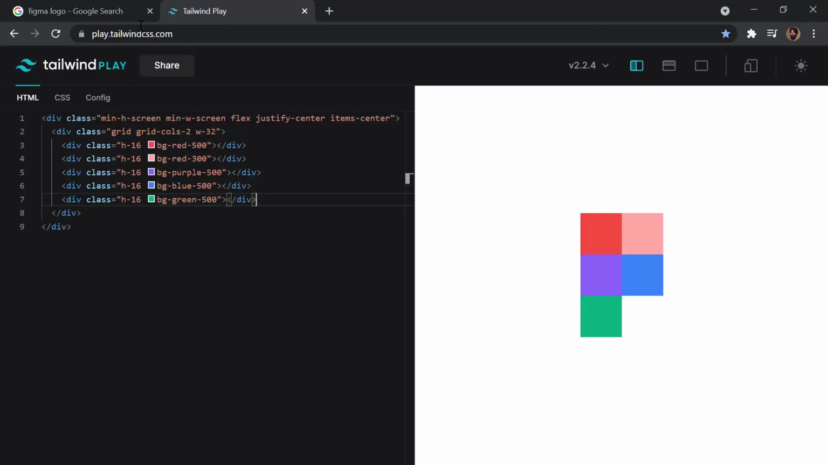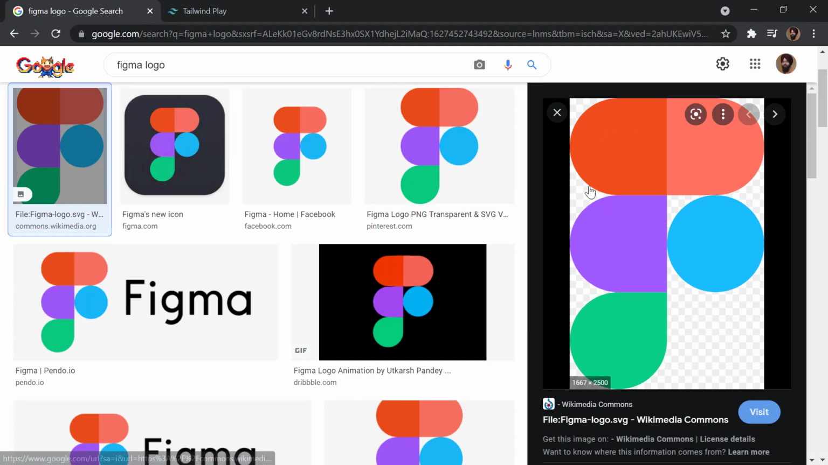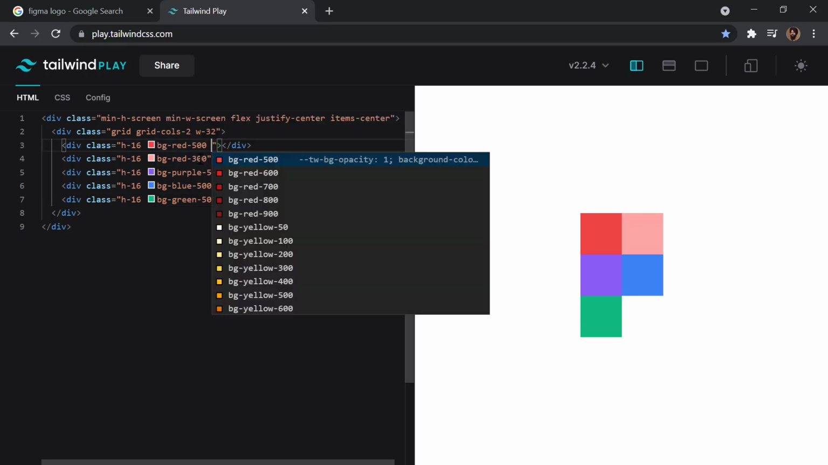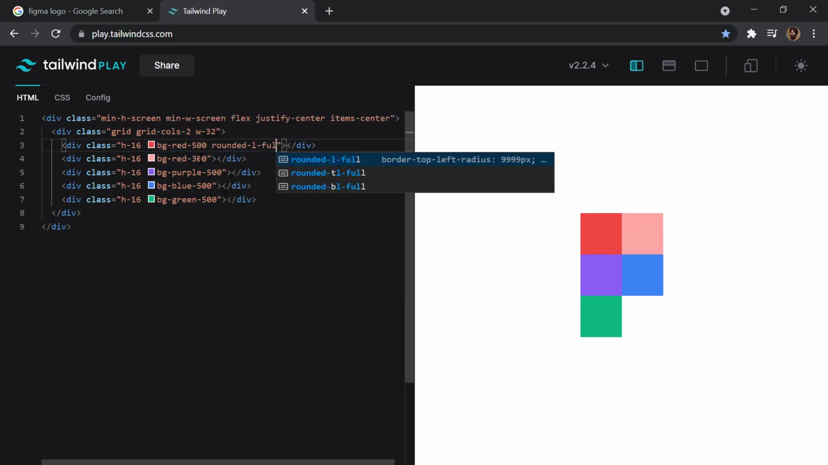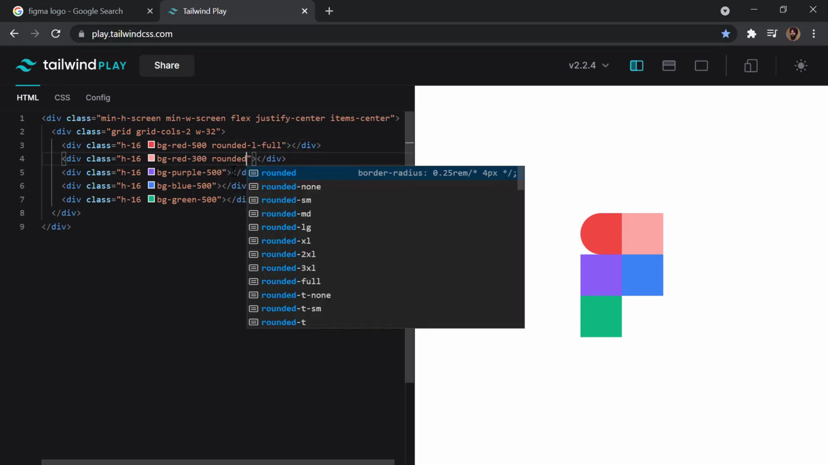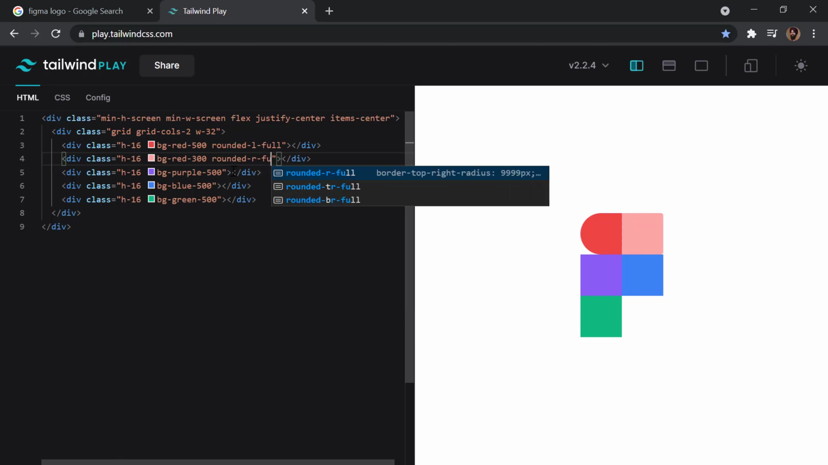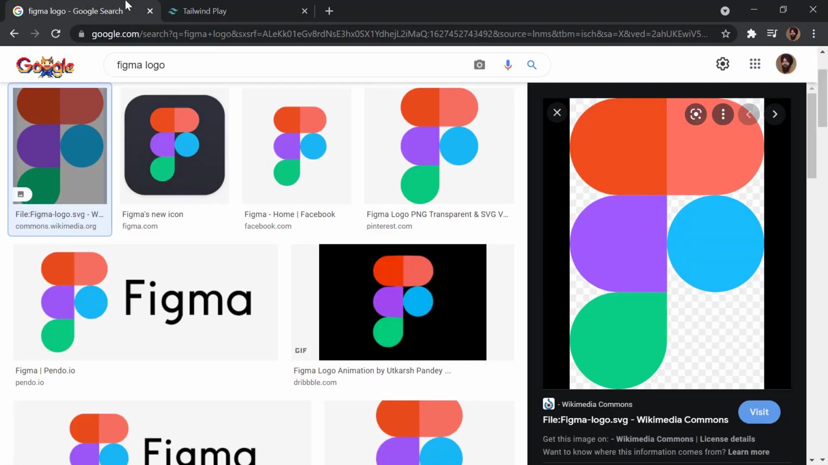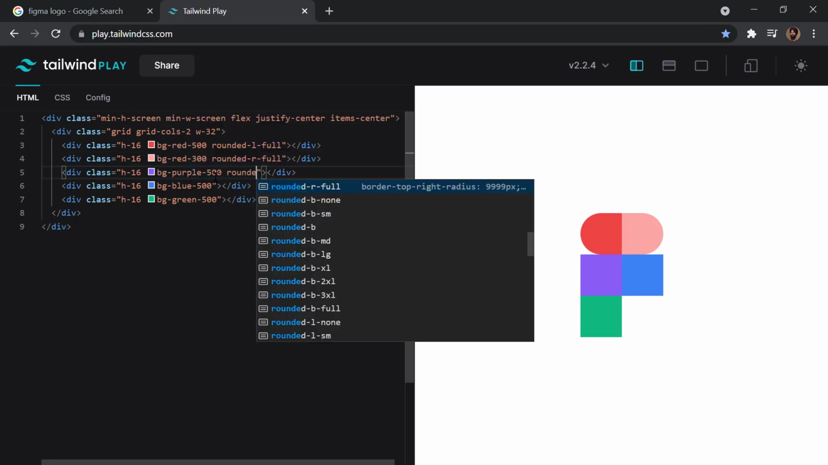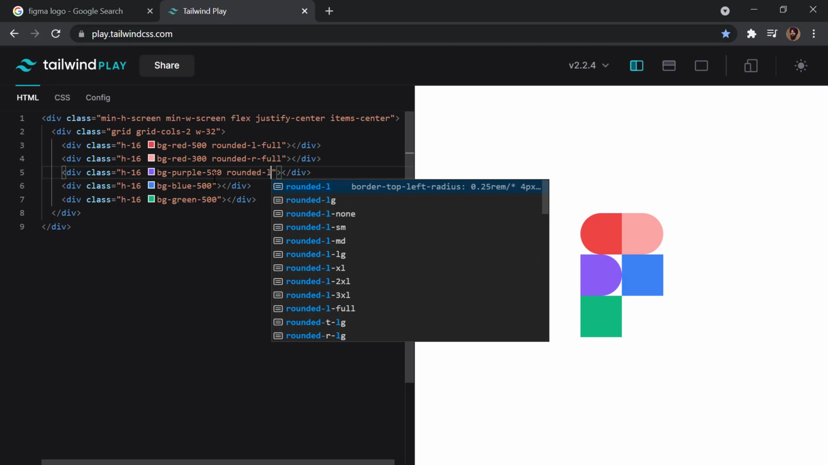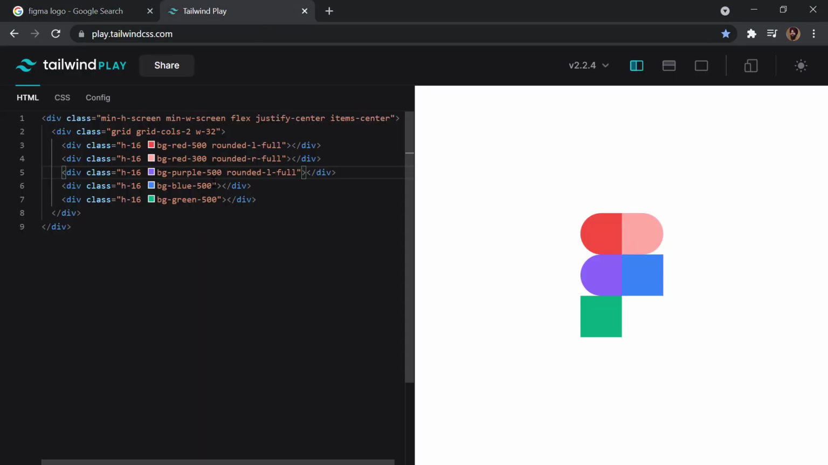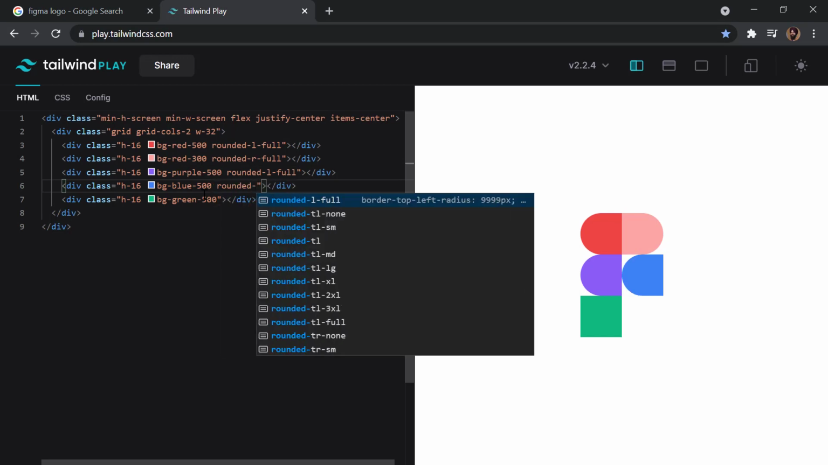So now let's make the first one rounded on the left and the second one rounded on the right. So we can use the classes here, rounded l full. Okay, and this one can be rounded r full. Okay, and the next one, this is rounded l full, and this one can be rounded full,